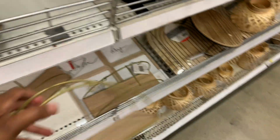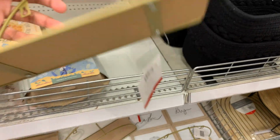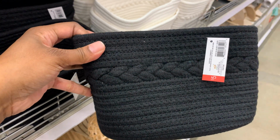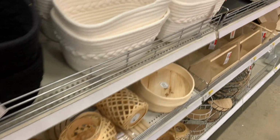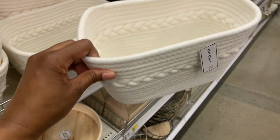They had a triangle one, and then they have the half circle one. So if you're wanting to take things off of your tables and your counters, they have a lot of different shelves right now. These baskets, thought were so cute, so simple, and they had them in black and white at my Target. So if you're looking for storage and organization, like I said, check out the Target Dollar Spot